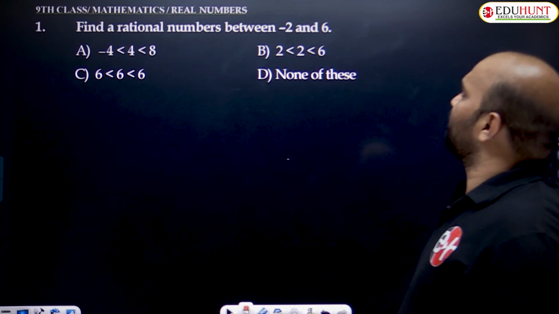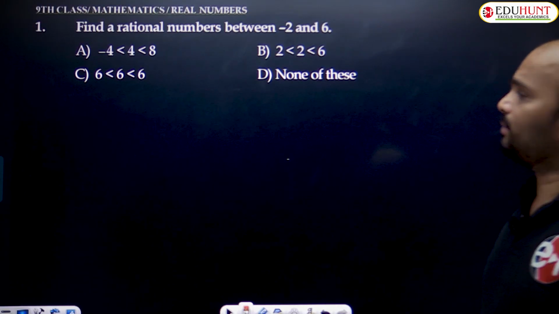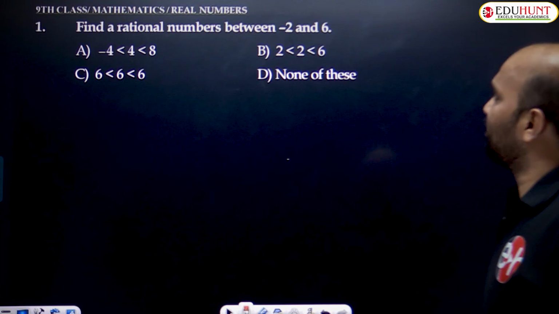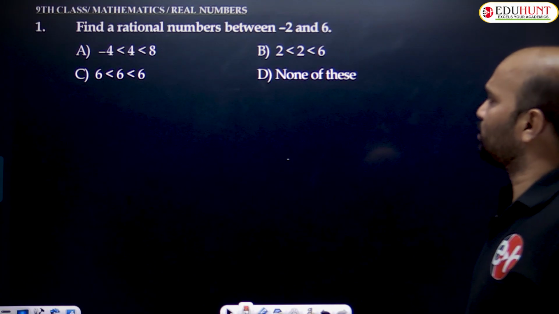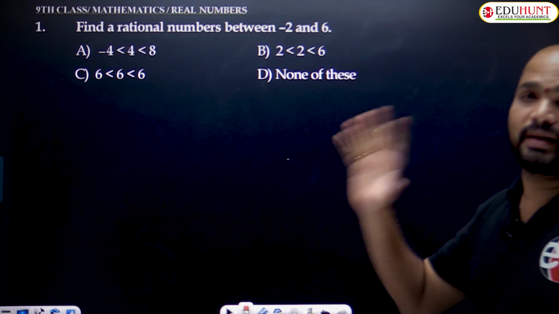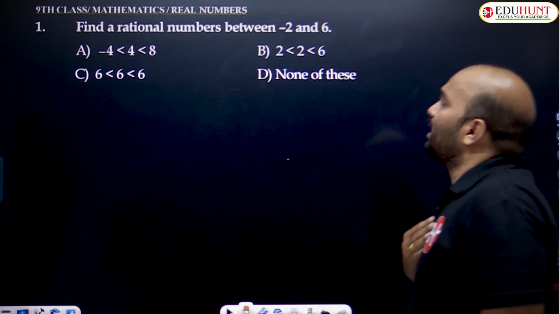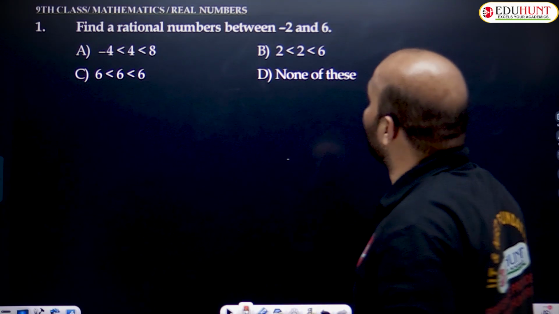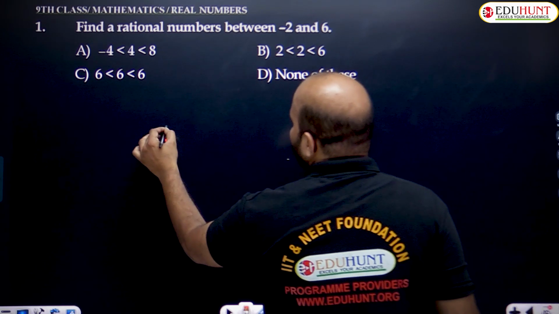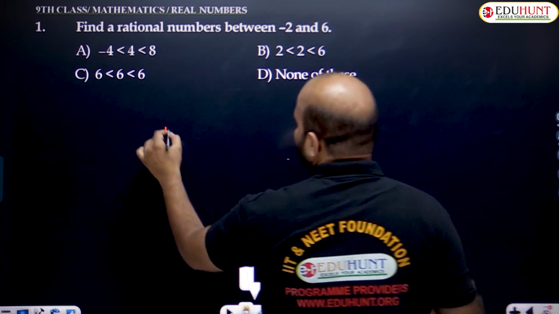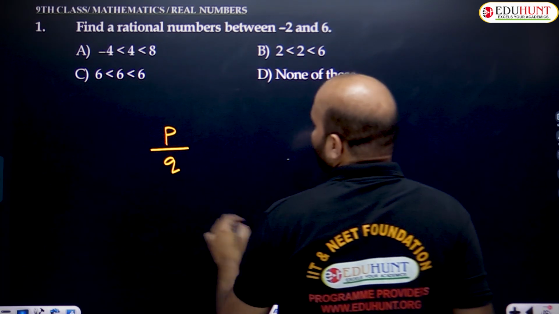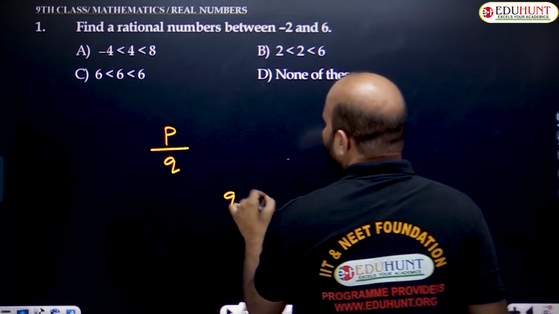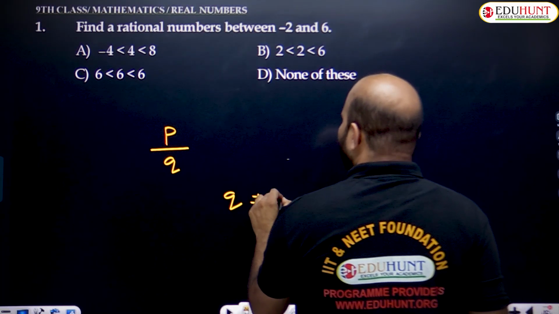Find a rational number between -2 and 6. What I'm asking is, find a rational number between -2 and 6. What is a rational number? That is a very important definition. A rational number is a number that can be expressed in p by q form, where q is not equal to 0,